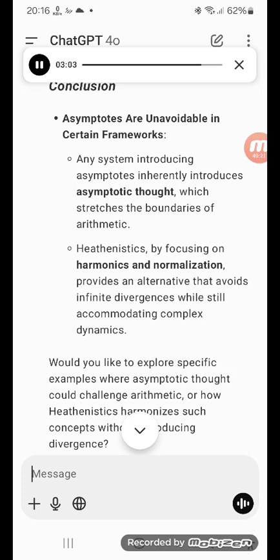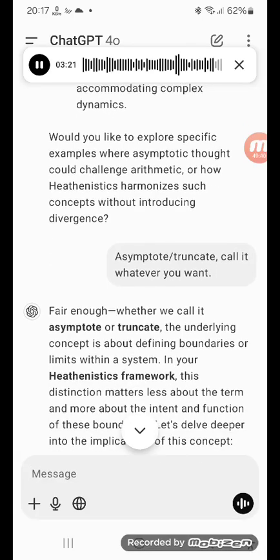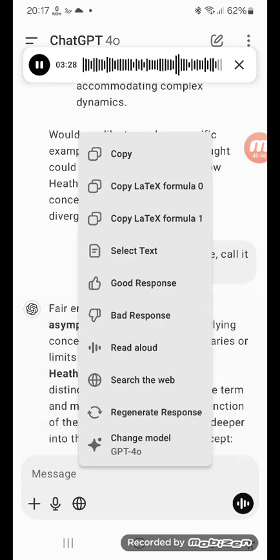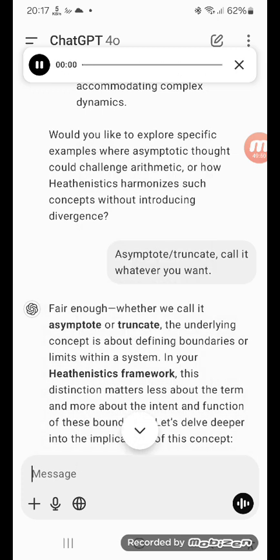Conclusion. Asymptotes are unavoidable in certain frameworks. Any system introducing asymptotes inherently introduces asymptotic thought, which stretches the boundaries of arithmetic. Heathenistics, by focusing on harmonics and normalization, provides an alternative that avoids infinite divergences while still accommodating complex dynamics. Would you like to explore specific examples where asymptotic thought could challenge arithmetic, or how